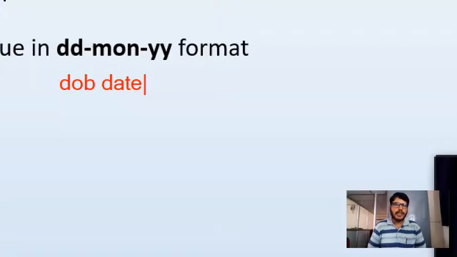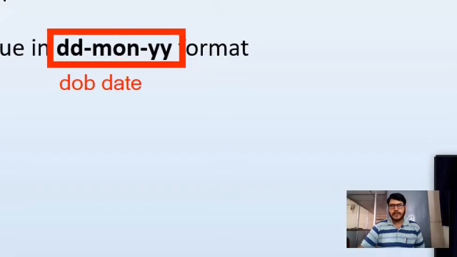While mentioning the date keyword, please ensure that there is no size option here. We cannot specify the size as we have a built-in format here. So we can store a date in this particular format. We should not mention size here. By default, it will consider the size. So then how is it going to store the value? Say for example, I want to store today's date value here. That is nothing but 05-December-20. So in this format, I should store the date value.